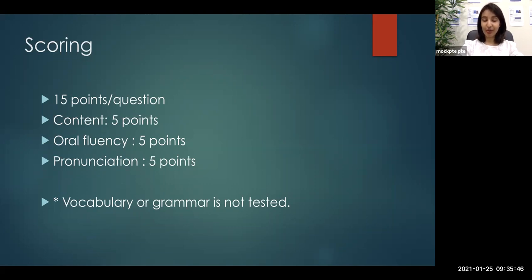Don't keep your mouth half closed. Do not speak in a low voice. Speak continuously. Use the words from the question in your answer. Even if you don't make any sense, not a problem. Just use the words. Don't worry about meaning, grammar, sentence structure, or vocabulary, because these factors are not evaluated in your speaking module. These factors are evaluated in your listening, reading, and writing modules. Speaking is purely about fluency, pronunciation, and content.